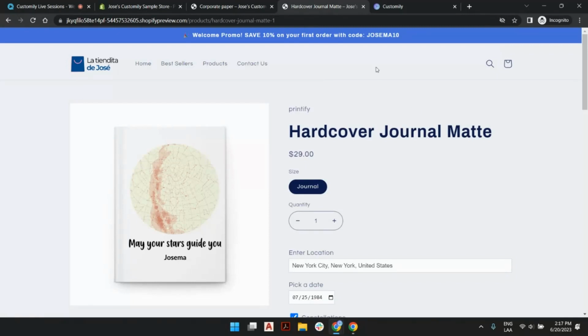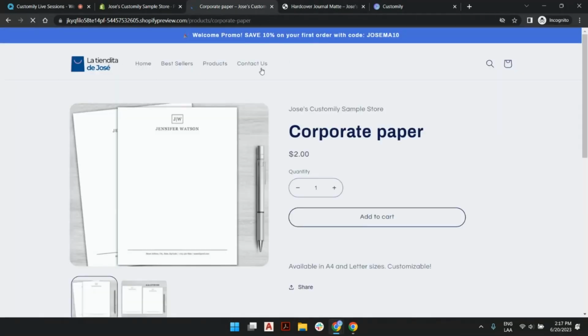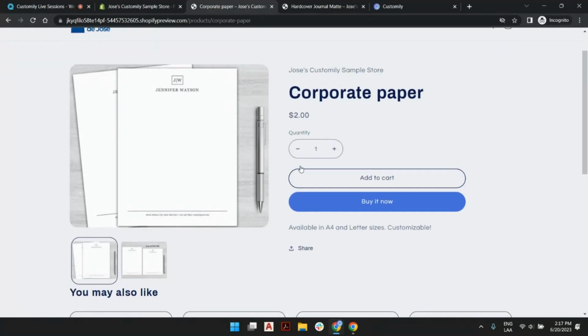Also, I wanted to give you a quick view of a product that I have right now on my store. This is a common product, like you see here. This is a corporate paper, part of my store from the beginning of the ages. And guess what? I'm selling this corporate paper at $2 and it's available in A4 and letter sizes and it's